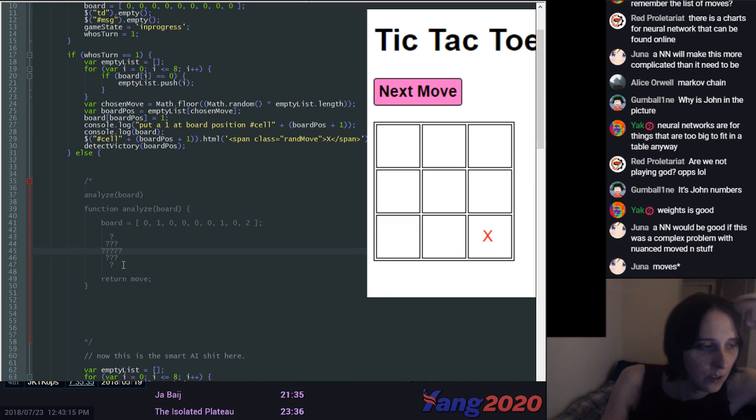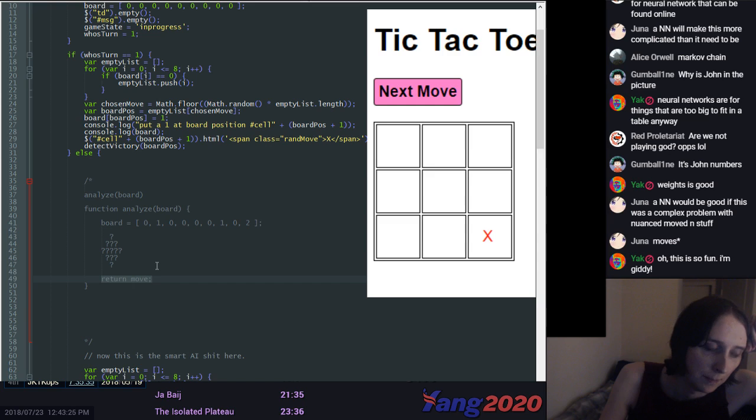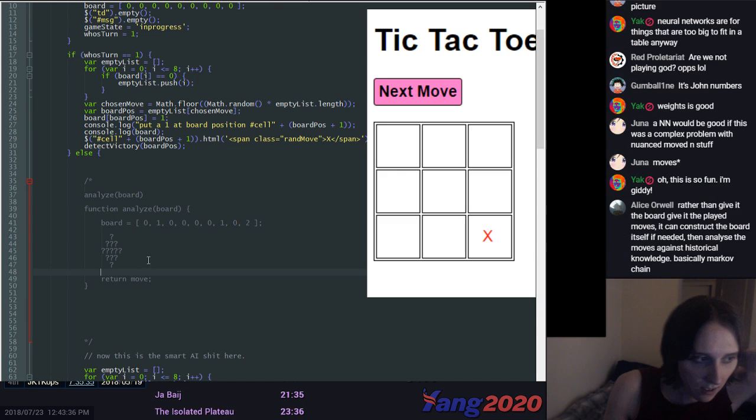And when you start, it doesn't know anything. When you first get a board back, you don't know what to do, so you just return a move, and then eventually you get a result back, and then you get the result along with